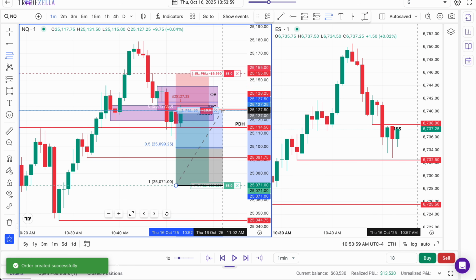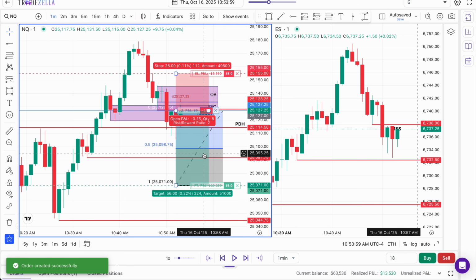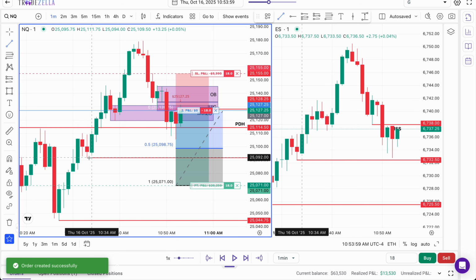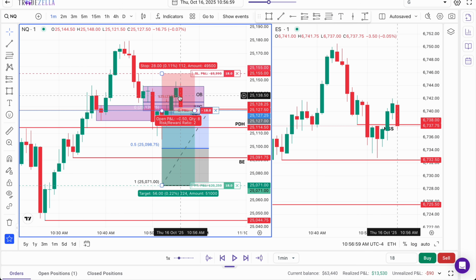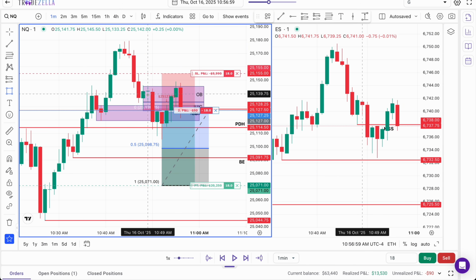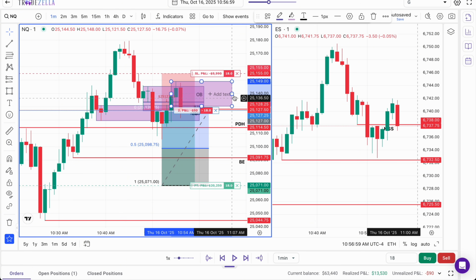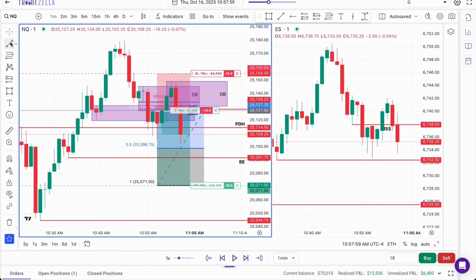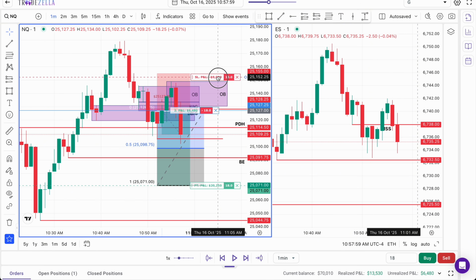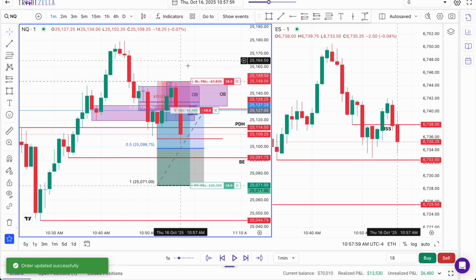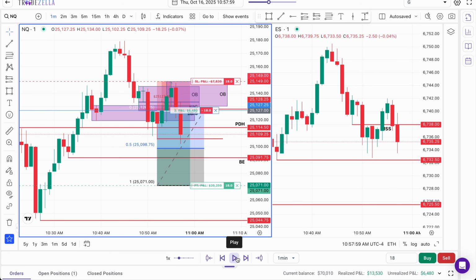From TP to break even on the trade, any low taken past 50% is going to be where we trail, obviously, to break even. So this low that we marked out earlier is going to be our point of break even for the trade. So we just put in a bearish order block, with price respecting this bearish order block, which you can see there. Okay, and as you can see here, we've just taken out the first 1 minute low. So we are going to be trailing our stops immediately to the first most recent high on NQ that we created. It has to be a swing high on the 1 minute time frame.